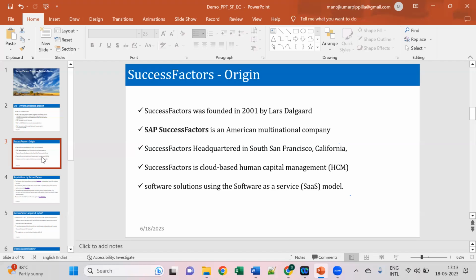Now, what is this cloud platform? What is the difference between cloud and on-premise? When it comes to working, there is no difference. The way on-premise applications work, cloud applications work in the same way. Then what is the difference? There is no need to install any application in our system. If you install an application in the system, it will consume some data storage space, correct?